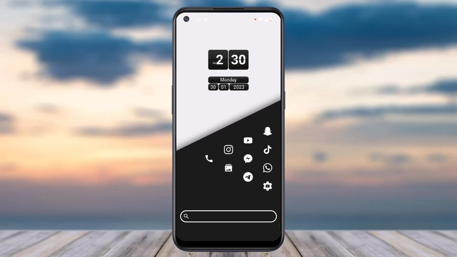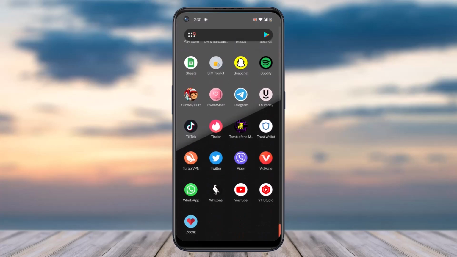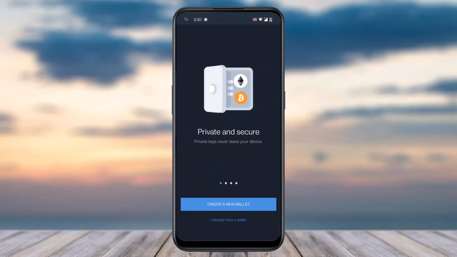In today's video, I'll show you how you can create a new Trust Wallet account. So to do that, first of all, download the Trust Wallet app from your Play Store or App Store and then simply open it on your mobile device. Now once you've done that, you will be taken to this page where you'll have to tap on the option